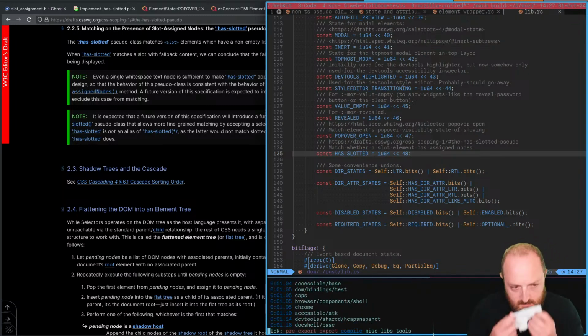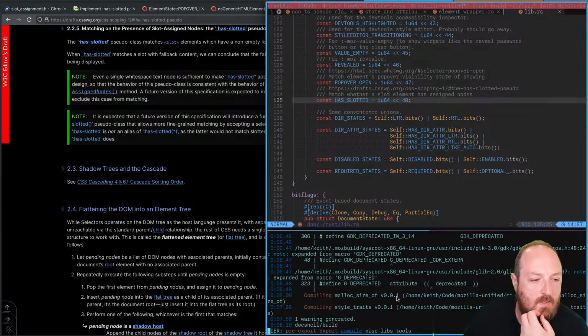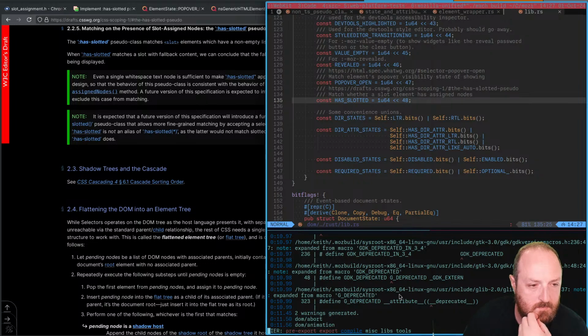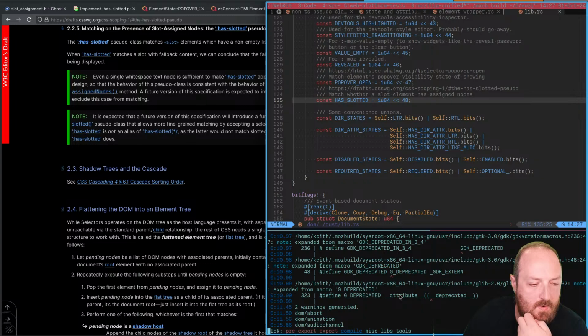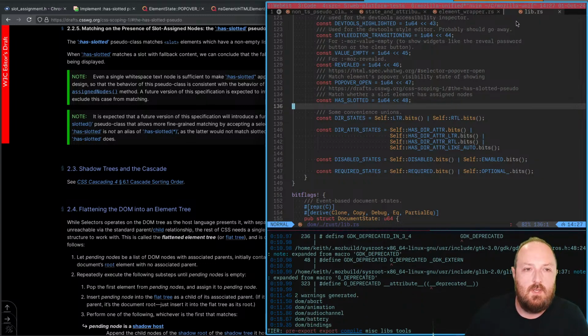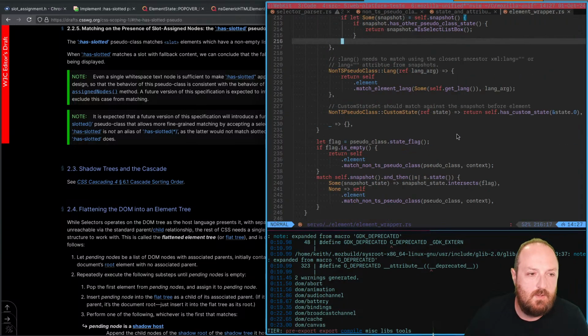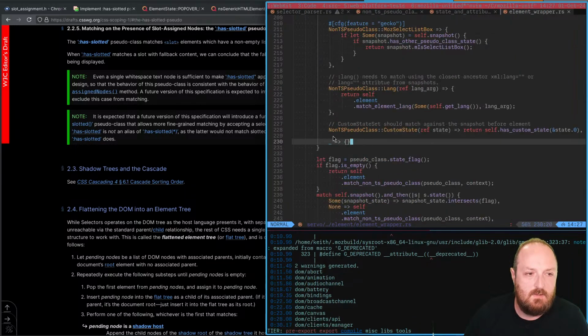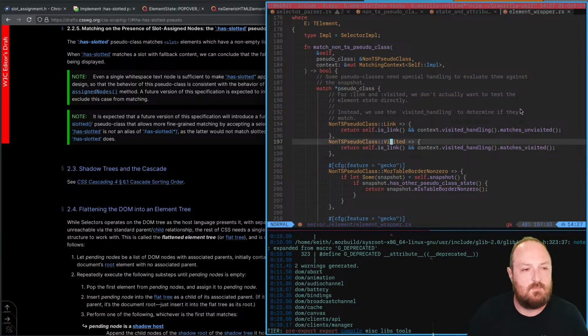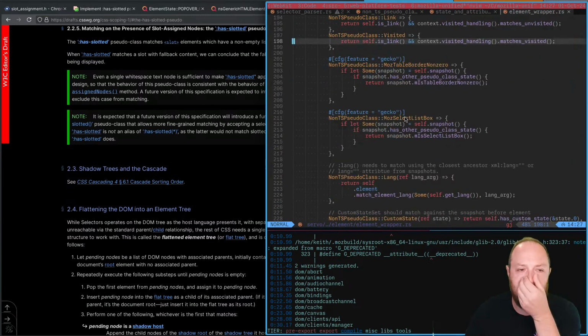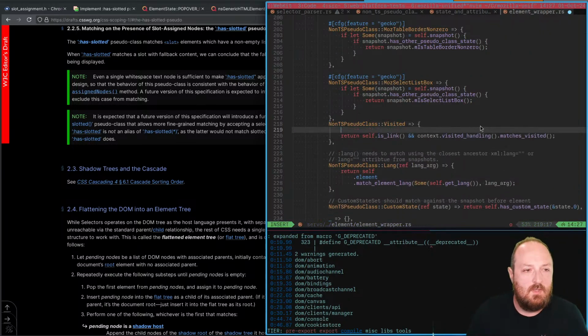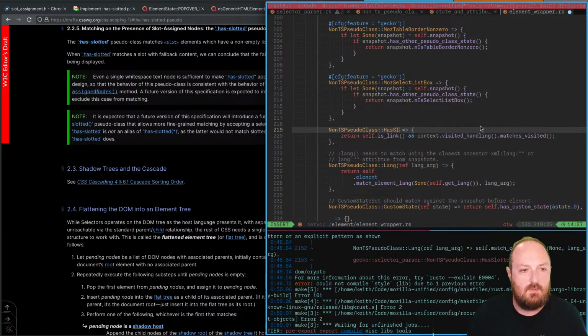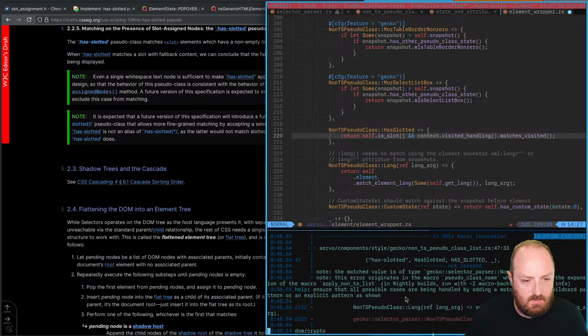Right, so if we try building again, we'll probably get the next error. Actually, things are looking good so far. There's definitely more to do, obviously, but I wouldn't be too shocked if this actually compiles, because I think there are some catch-all clauses like this, which stop us from getting compile errors when we're not using the pseudo classes. So we know we're going to add one here. So we can just say this is has slotted. We're going to make a has slot. Here we go. So we've got one error in